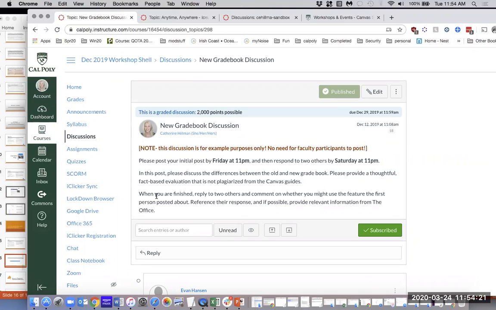And then, and this is really key, when you do a response prompt, have them say something more than just respond to. So I had reply to 2 others and comment about whether you might find the feature useful, and reference their post, and if possible, provide relevant information from the office. As you can guess, this is kind of a fun fake assignment. So what I'm going to do though